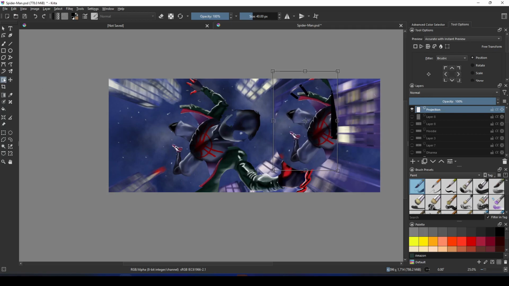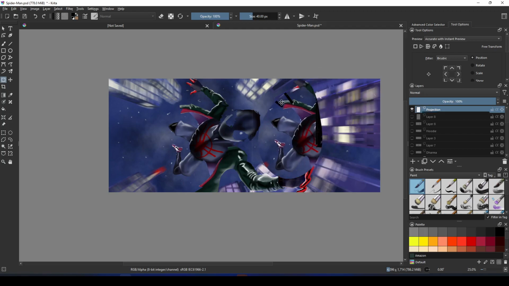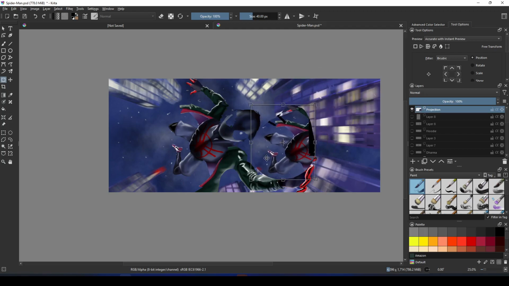To modify the selection, you can go to Transform tool, where we can simply move the selection, scale the selection by holding the edges, and rotate the selection. Now Transform tool has tons of more options, but for this video we will stop here. We will cover Transform tool in a separate video.